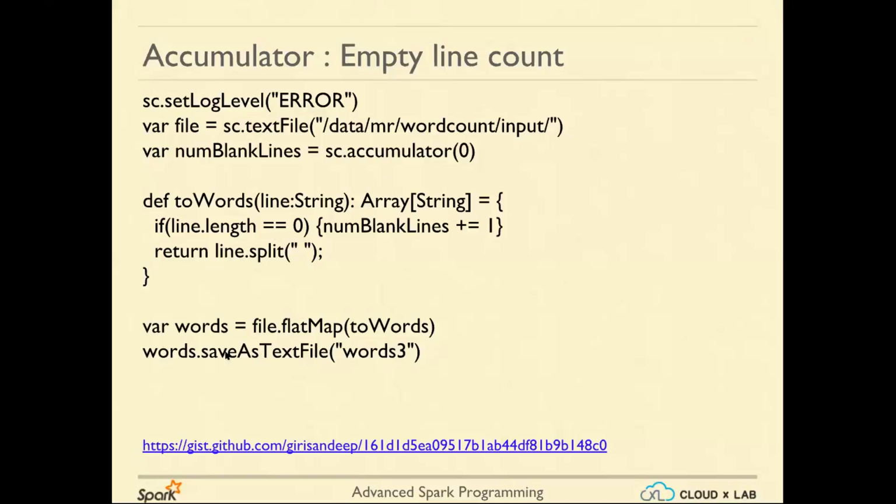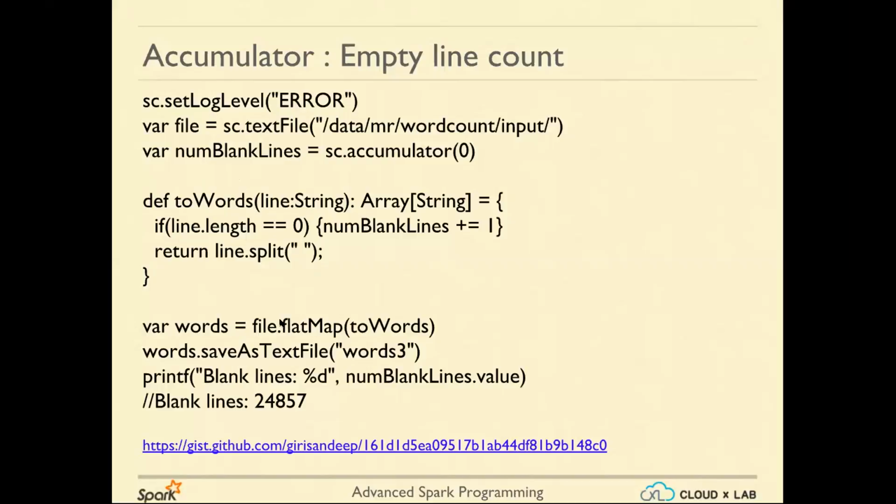Whenever this happens, this is an action, and it will call the flatMap. FlatMap will basically execute this function on every record. And when this function gets executed on every record, here every record means a single line, because we are using sc.textFile. That's why the RDD that is created is an RDD of lines, a kind of array of lines. So toWords, whenever it encounters a blank line, increases the accumulator, right? So this way,